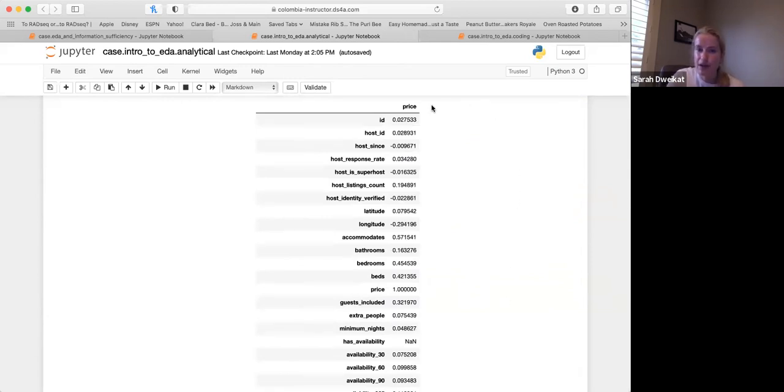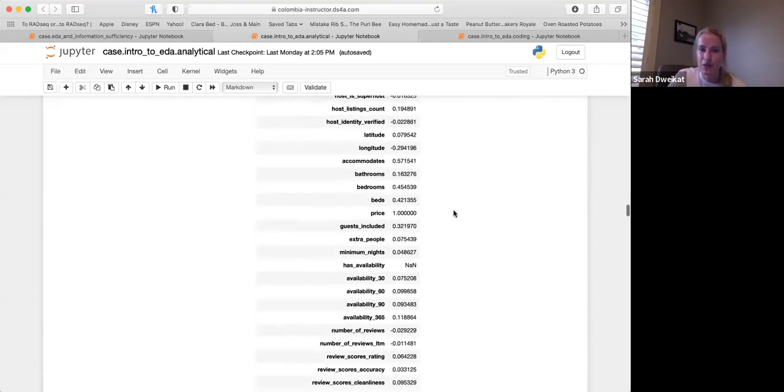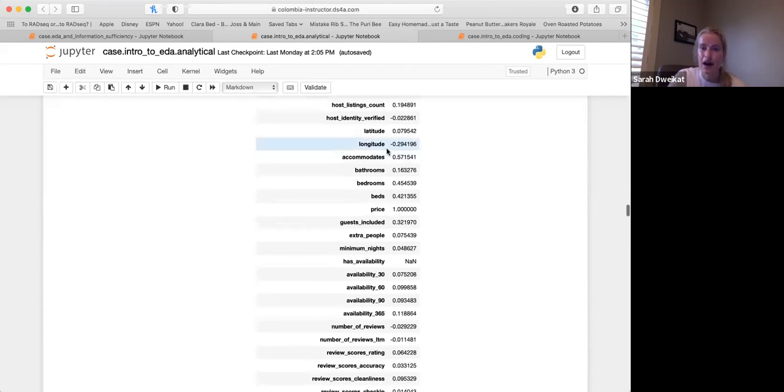Because we have some positive, but this would probably be basically no relationship. It's almost zero, right? Which makes sense. With host ID and its relationship to price, you wouldn't really think that there's a relationship between the ID number and the price. Then we can look down here for things that stand out. Accommodates has a pretty high 0.57 correlation. That's a pretty strong positive correlation. I wouldn't say super strong, and like someone posted, it's a good idea to use things above 0.75, but we'll say anything 0.5 and above is a strong correlation.